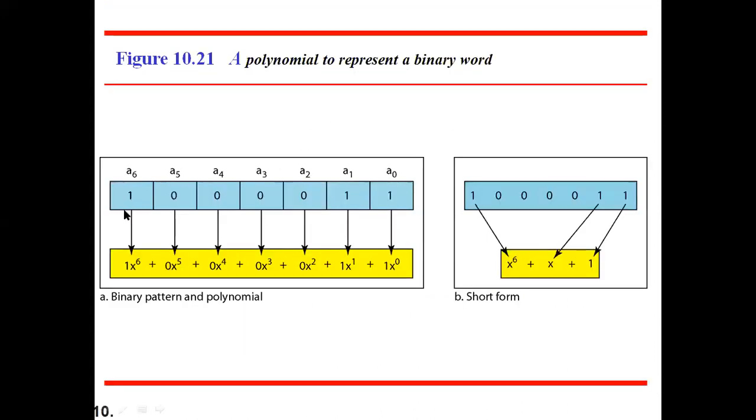See here, this is our binary data. Any one binary data you can call. This we call A0, A1, A2, A3, A4, A5, A6. So how do you represent that in a polynomial? We already know how we represent it in a polynomial. The first field, that is the zeroth field, is always called 1 into x to the power 0. And the next will be 1 into x to the power 1. And the next will be 0, whatever the coefficient is there. Sorry, the index is there.